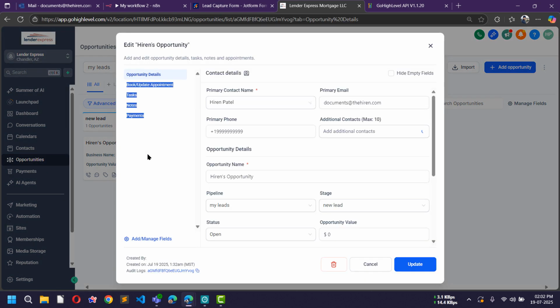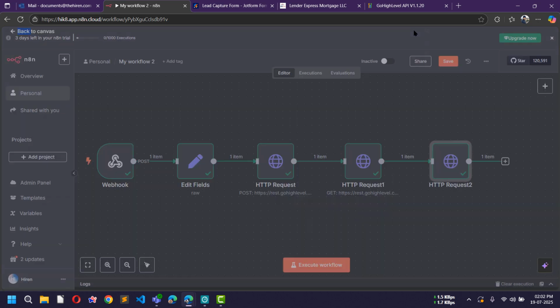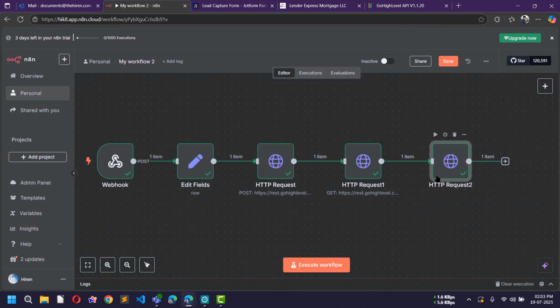If we open this opportunity, then here we get all the details of the primary contact. So this is how we can create a contact and an opportunity using an n8n workflow